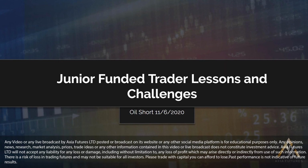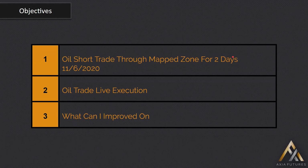And today I've got an oil short from yesterday, the 11th of June. It's all about mapping a certain area or zone, shall I say. It's something I've been looking at for a couple of days. Just a little area that I feel like once you trade through it, or an area where it's being absorbed